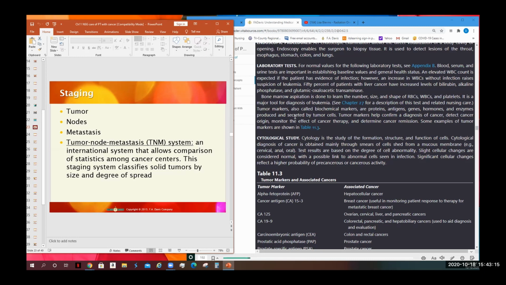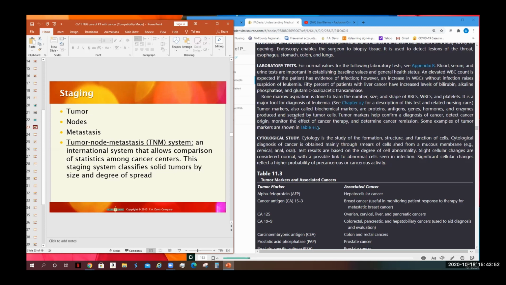50% of patients with liver cancer have increased levels of bilirubin, alkaline phosphatase, and glutamic oxaloacetic transaminase. Bone marrow aspiration is done to learn the number, size, and shape of red blood cells, white blood cells,